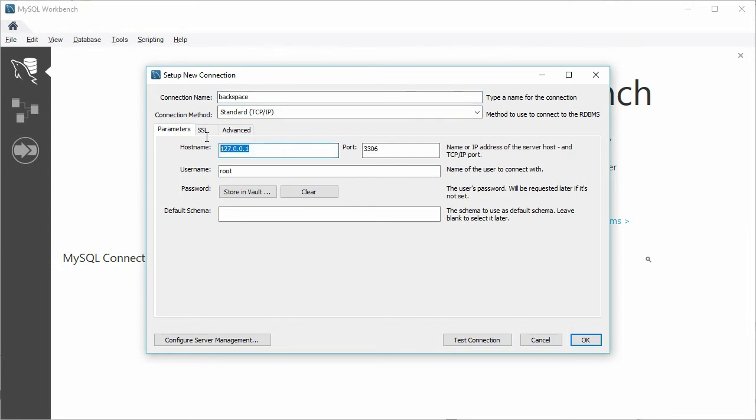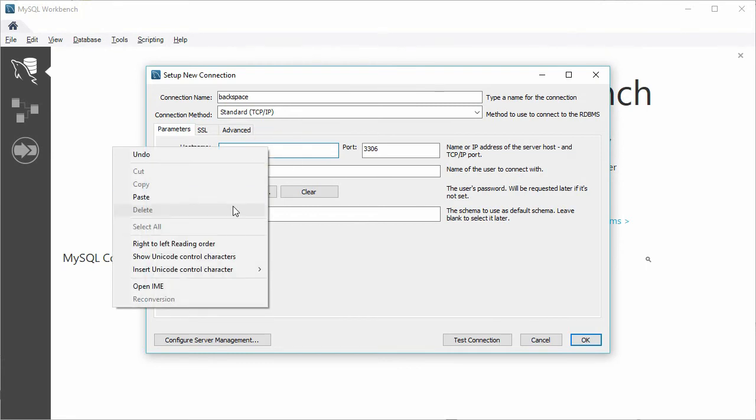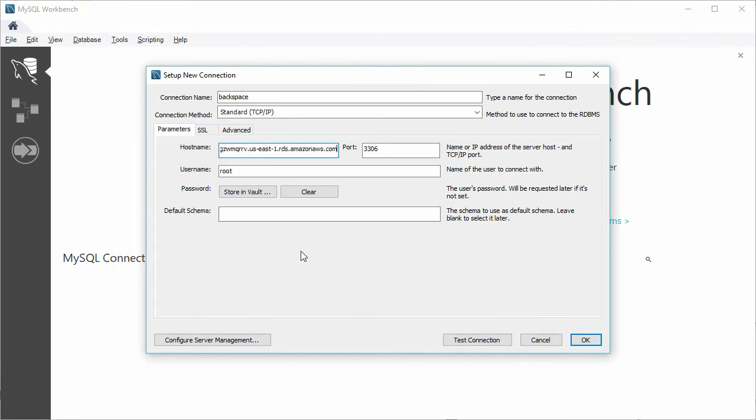Now the host name is going to be that connection string that we got, or that domain that we got from our RDS console, and it's not going to have the :3306 on the end of it. It's just going to have the domain details, the host name details, and the 3306 is our port number, which is already detailed there on the screen. Now our username is going to be that master user that we set up when we created our RDS instance, and I used admin. And that is all we need. We just need a user, we need a host name, and we need the port that we're connecting on. So if we just test that connection now,